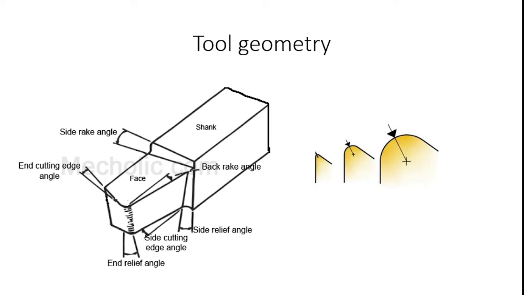And then finally, nose radius. What is meant by nose radius in tool geometry? The purpose of the nose radius is to improve finish and strengthen the cutting tip of the tool. A smaller nose radius produces a smoother surface finish. Small radii are more suitable for thin cross sections of workpiece material. So these are all the important angles that are available with the tool geometry.